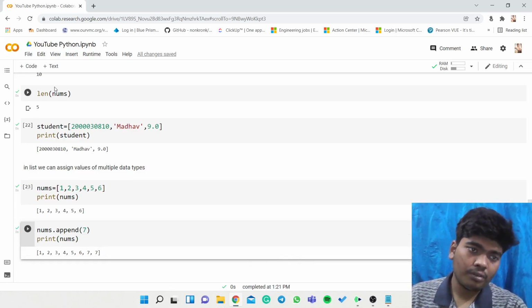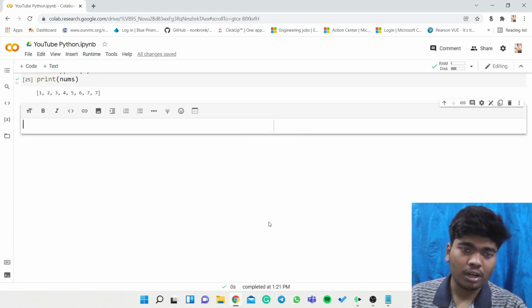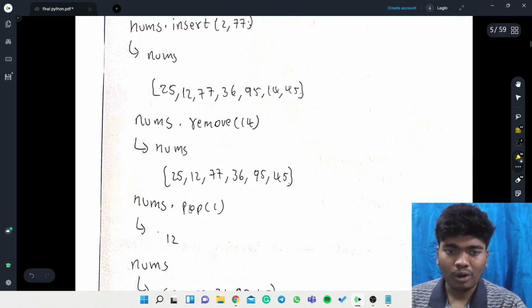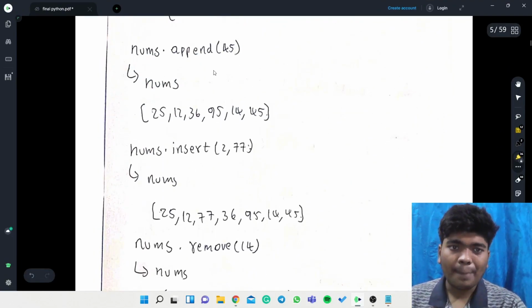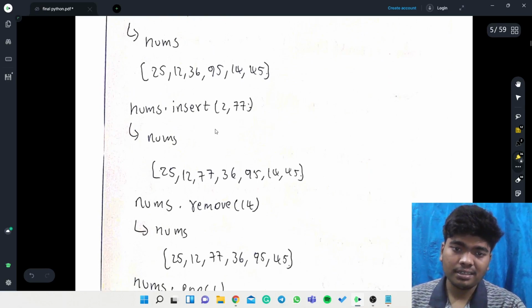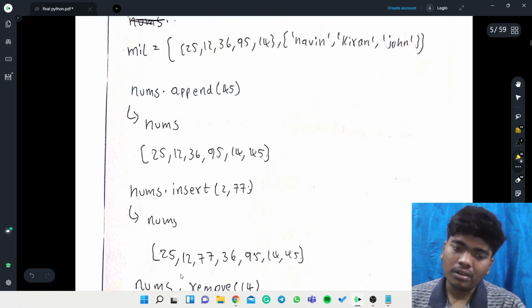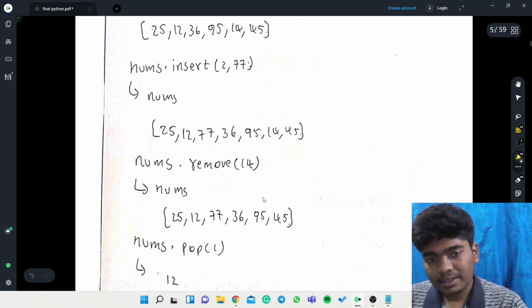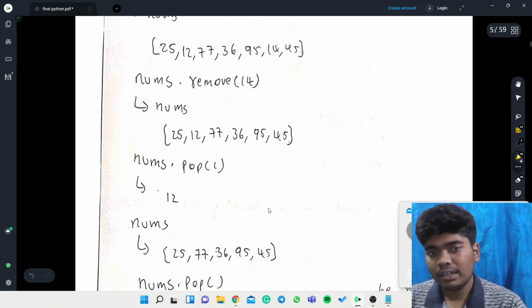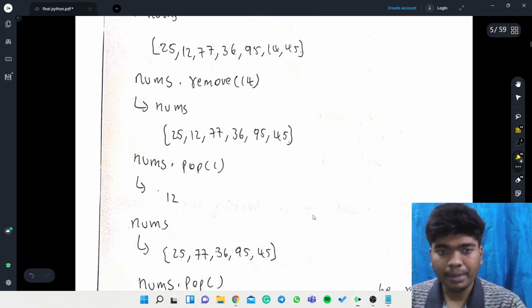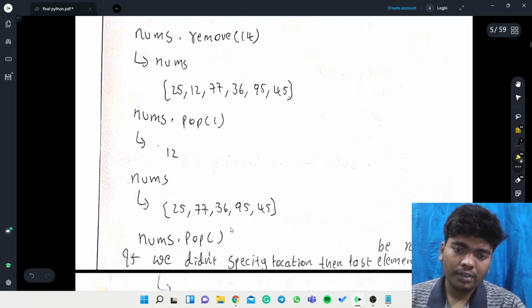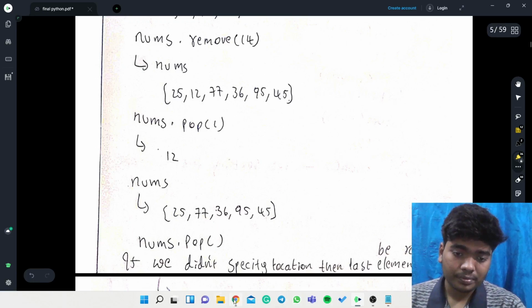So now from this we can come to a conclusion, like we can do this append, insert, remove or pop or whatever it is. Append will just add the number at the last position, whereas insert will insert the element, whereas remove will remove the already existing particular element, and then pop will pop the elements here. So now we can conclude this.